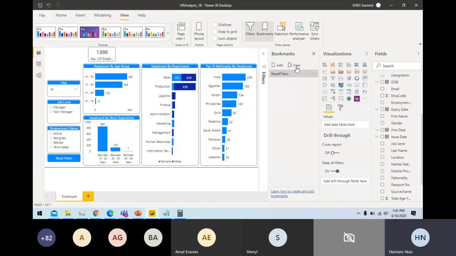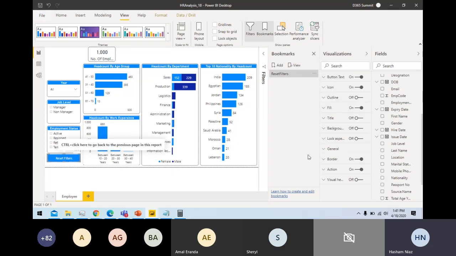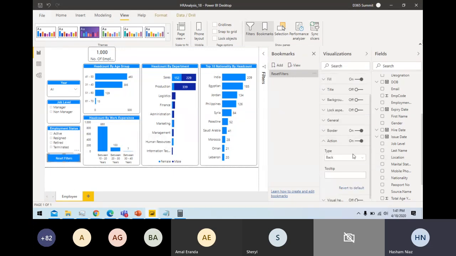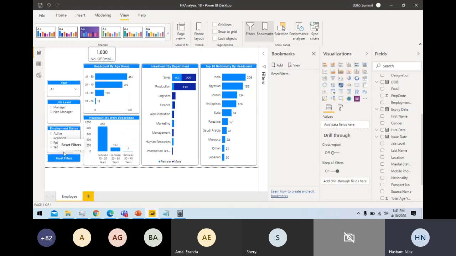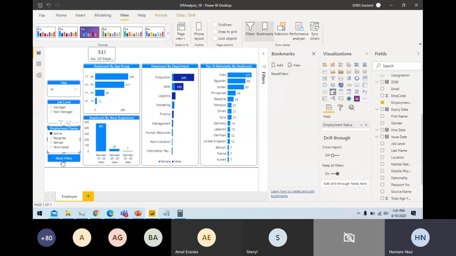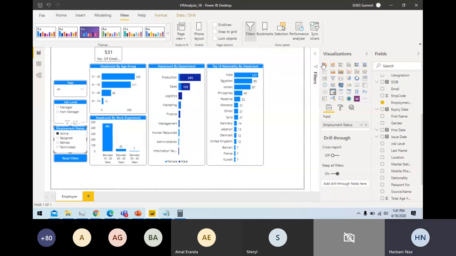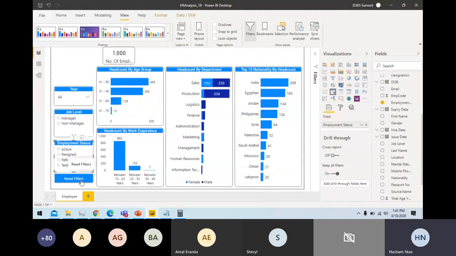So let's click close and let's try to configure the bookmark here. So I go to the bookmark, I say this as a bookmark, and which bookmark I need to set, I need to set it to reset filter. So I can type this tooltip here as well. So reset filters. So here you are seeing this tooltip available. So if I click active, now this is showing active 531 employees. If I want to check my bookmark here, I can control click here. So now this actually set it up to reset it to 1000, right? So now we have this one available.